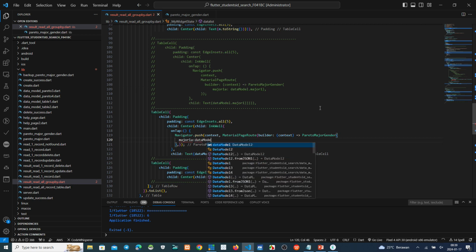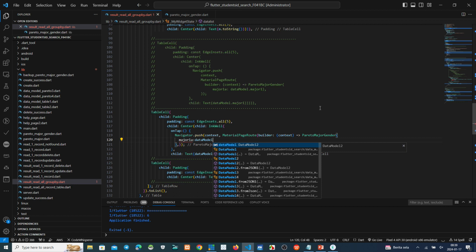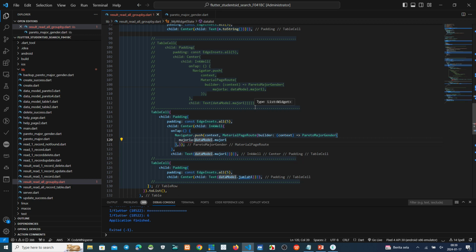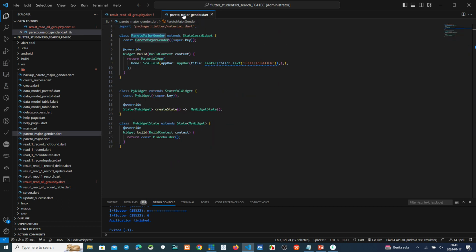Data model dot measure 1, measure 1A. This one. Okay. This is still red because we don't write a measure 1A on the next page, this one.